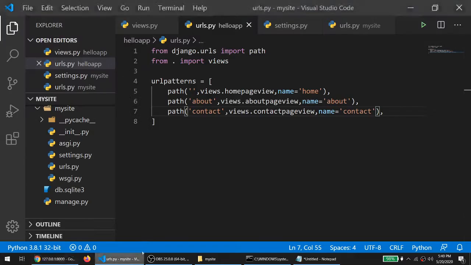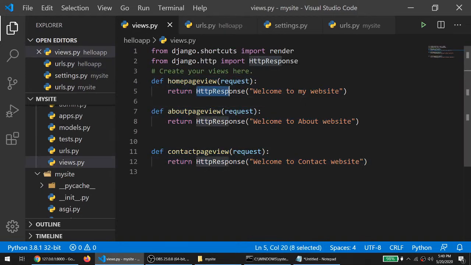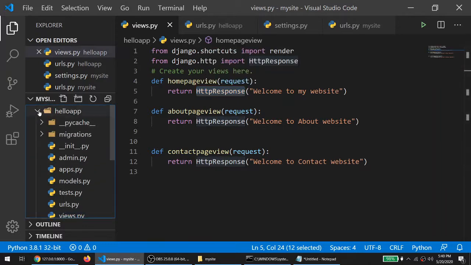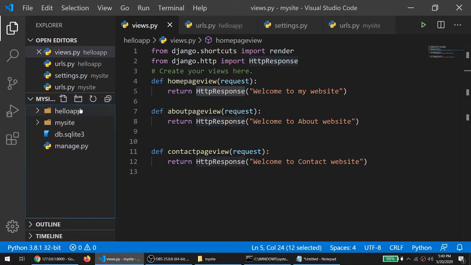But an HTTP response is not helpful to create a website. So instead of this HTTP response, I want to render my physical HTML page. To render the HTML page, we have to follow one more step. First we will create one directory. Just go to your root directory, create a new folder and name it